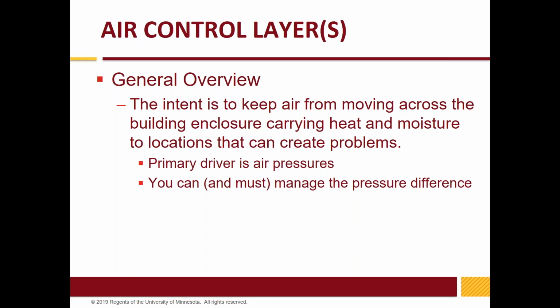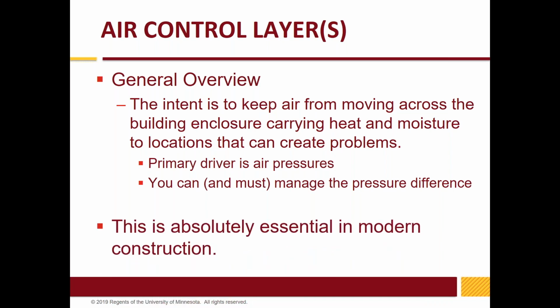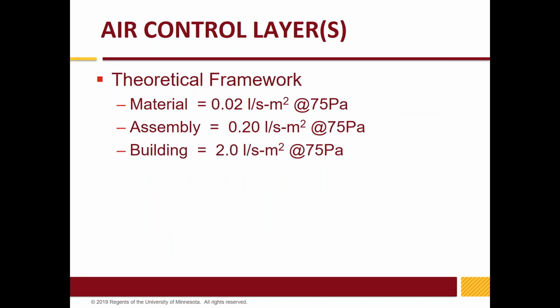We don't want to be running negative pressure in the summer and drawing copious amounts of outdoor humidity into our building enclosure or into our building. So by all means, we should be managing and controlling those pressures across our thermal or across our air boundary, our building enclosure, if you will. Absolutely essential. So here's kind of a theoretical framework drawn from the commercial side of things, and it lists basically